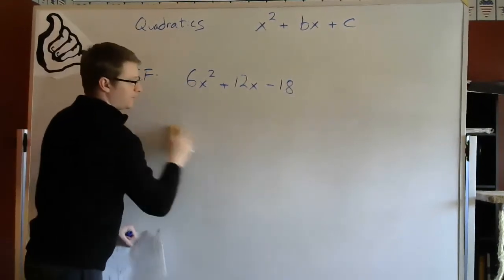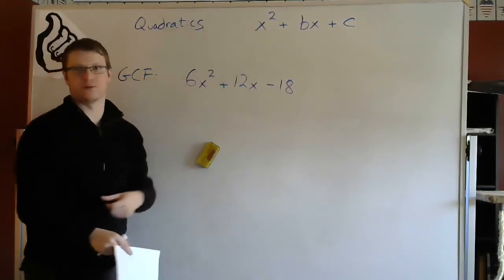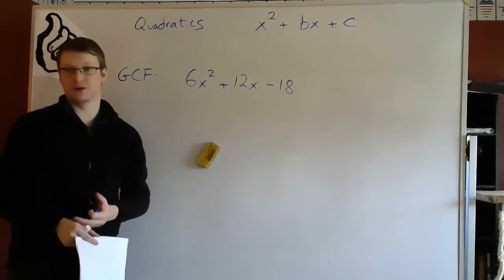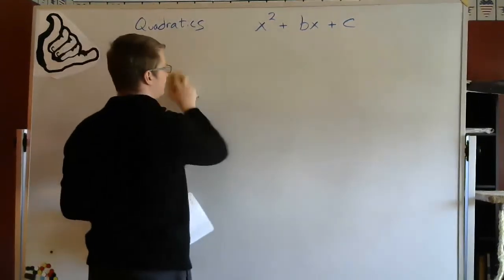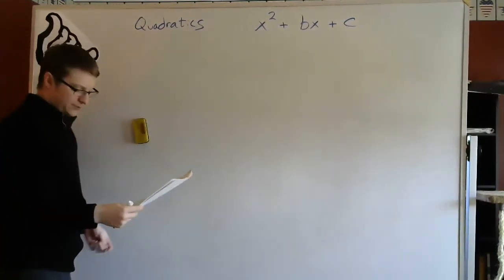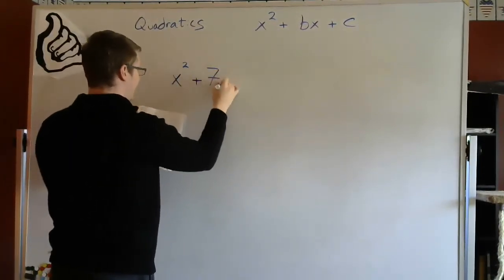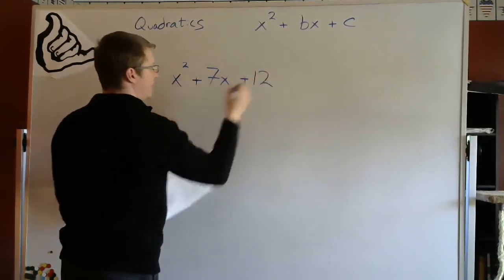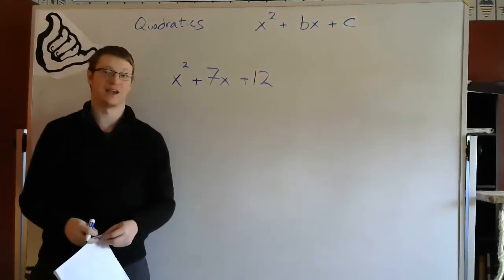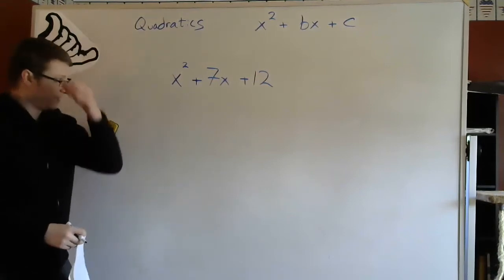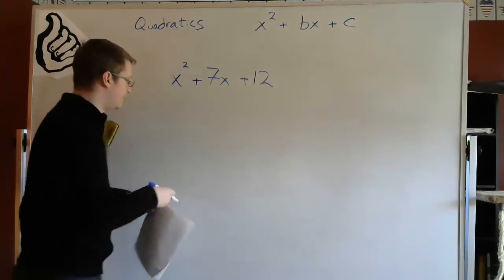What we're going to do now, though, is we're not going to have a GCF because this is 1, and I'm not really going to change the variables around yet. Just know that the first thing you should always look for when you factor is going to be the GCF. We're going to skip that step for now and try to factor something that looks a little bit weird. Let's look at x squared plus 7x plus 12. And you notice there is no GCF here. The GCF is just the number 1, and it doesn't really count, right? If we're going to factor this, the way that I'm going to show it to you is there's a couple of steps. First of all,